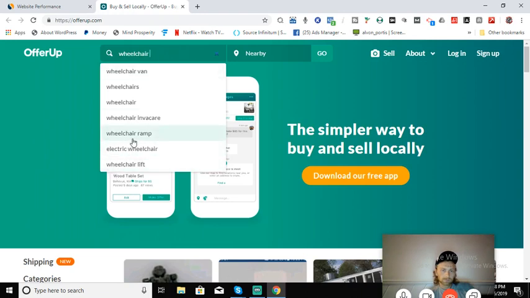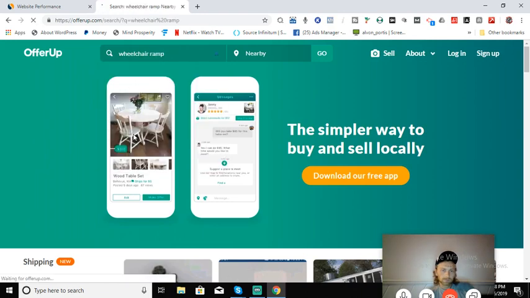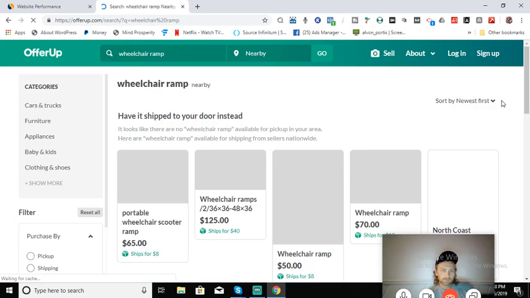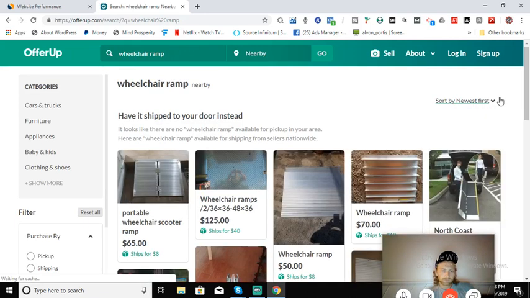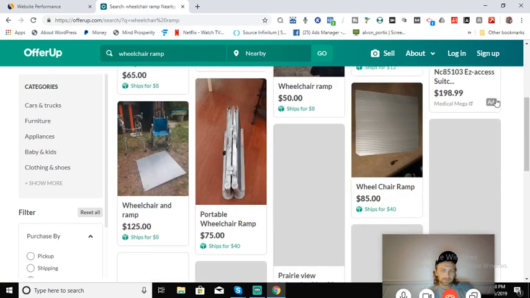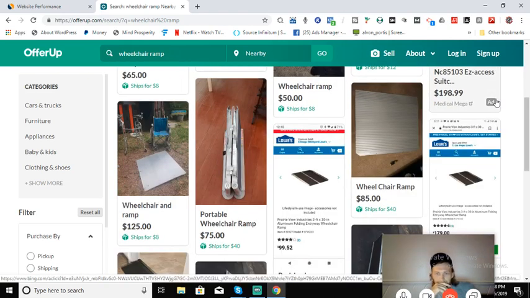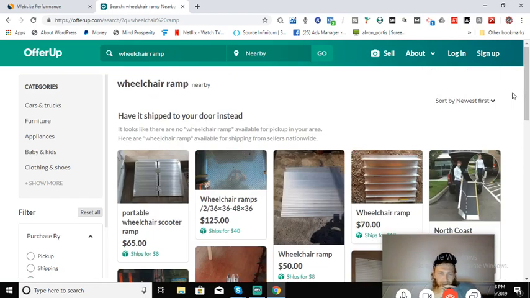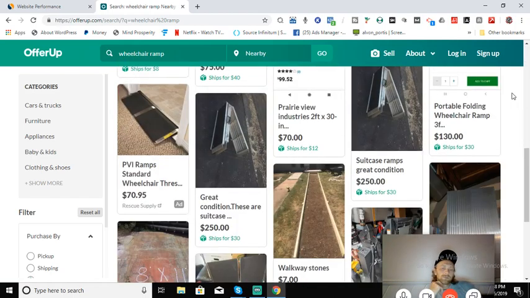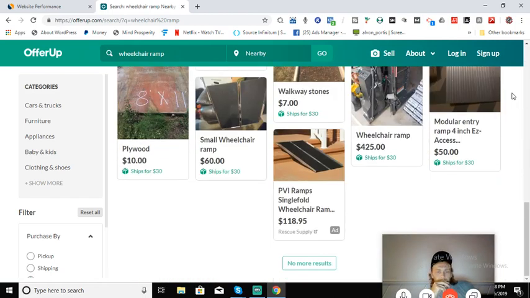Here we go. Let's just see what comes up. Yep, they selling a lot of wheelchairs. See, I tell you, wheelchair ramps the big market, bro. It's the money maker. Let's find their ads though. I want to find where they ad at. And no telling, it might be all theirs, but